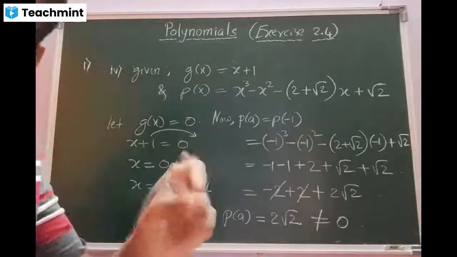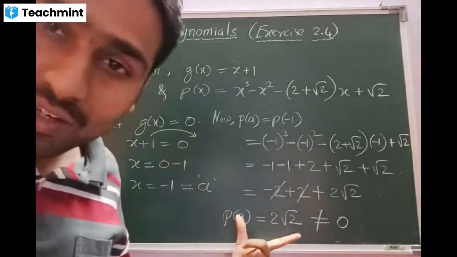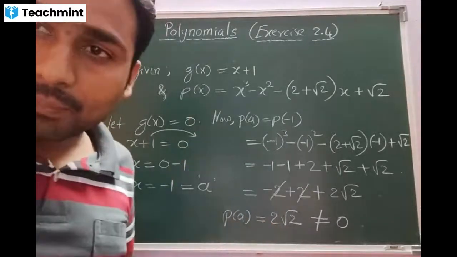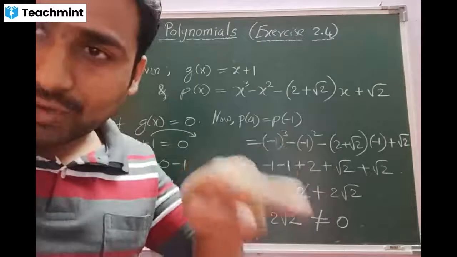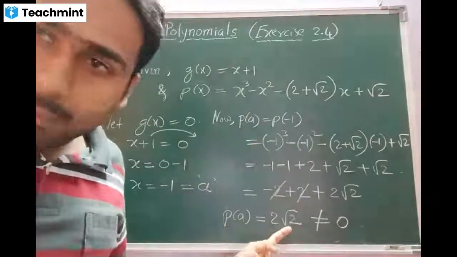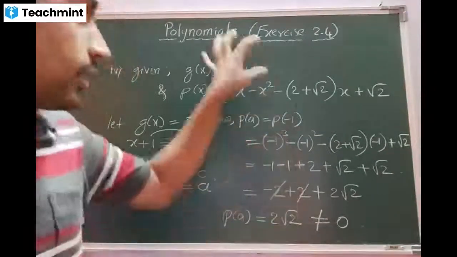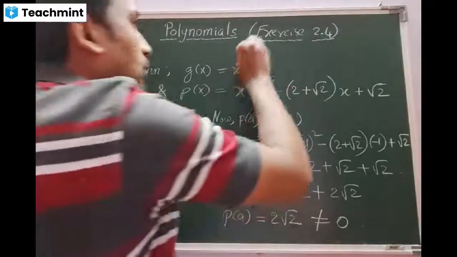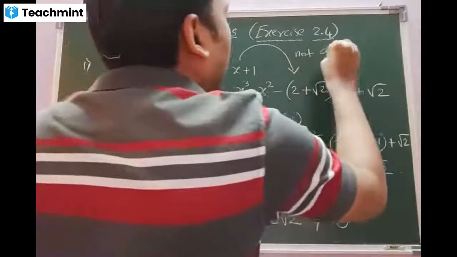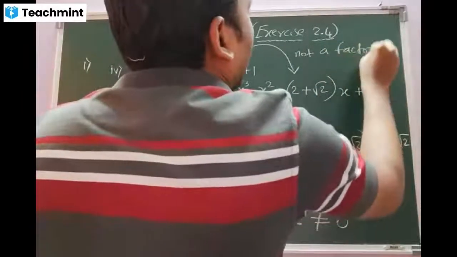Yes, sir. Sorry, here not condition number 2, beta. That is condition number 1 of the factor theorem: x minus a is a factor of p of x if p of a is 0. But here, p of a is not 0. Hence, it is not a factor. So, what will be the conclusion? x plus 1 is not a factor